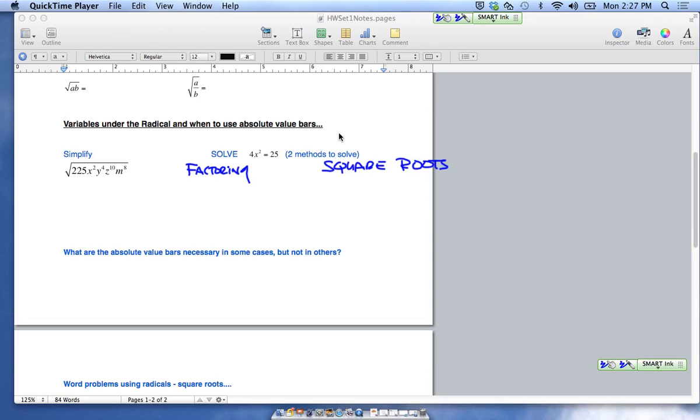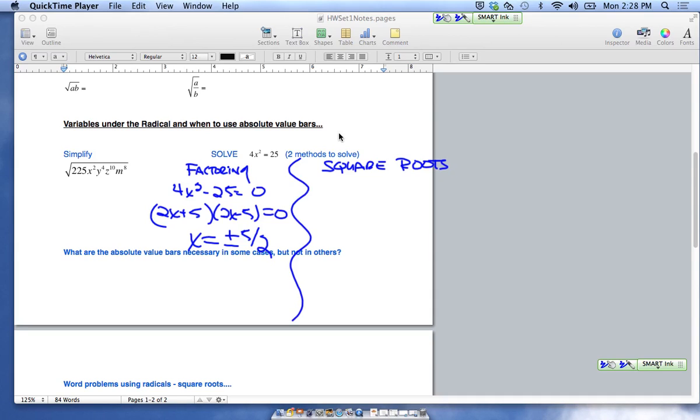So in the world of factoring, I would set this equal to 0. And I would have 2x plus 5, 2x minus 5. And then my x values would be positive and negative 5 over 2. Square root method,